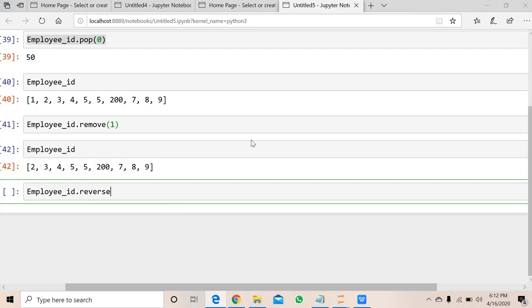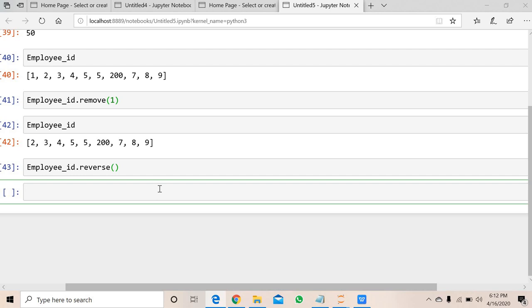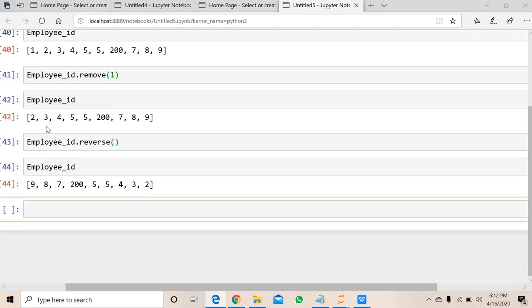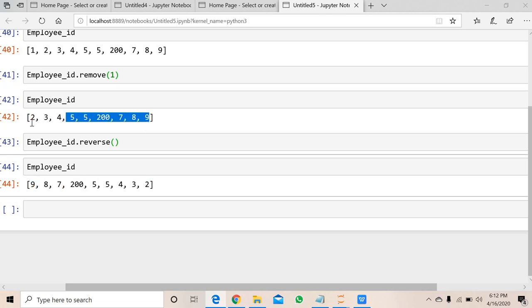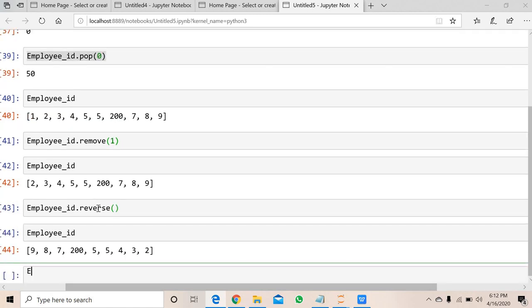Next is reverse. It will reverse the whole list. You can see this one: this is the employee id before the reverse function, and this one is after the reverse function. It will reverse the list. This is the reverse function.